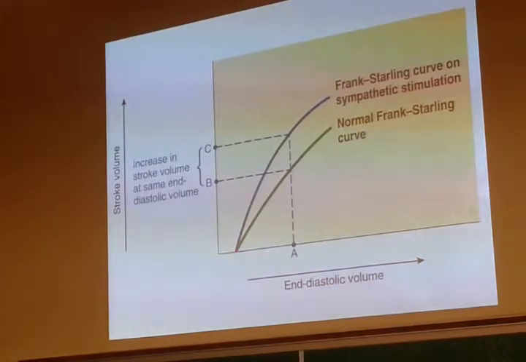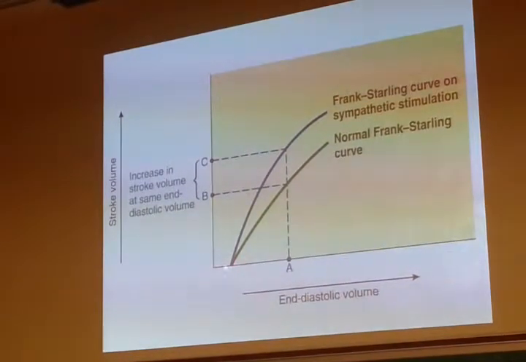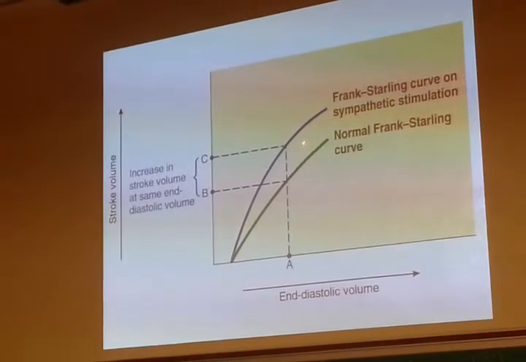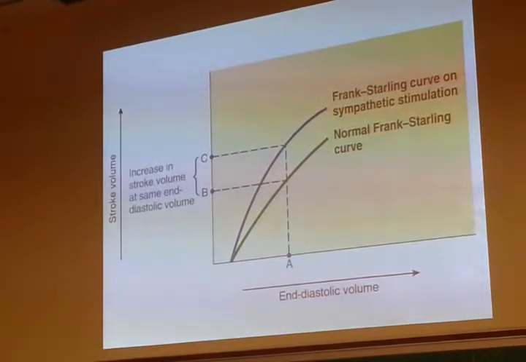Only when you're at this minimal volume where you can't get any blood out of the heart will you have zero stroke volume. So if you increase the parasympathetic input, what do you expect? Will the curve move to the left again, or will it move to the right? If you increase parasympathetic input to the heart,